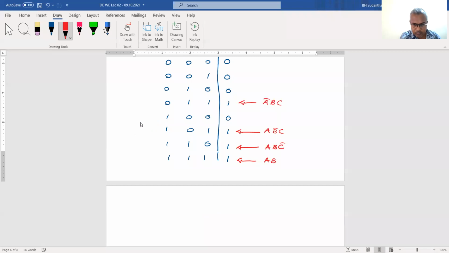Fourth one ABC. Then we can write the output equation. L equals